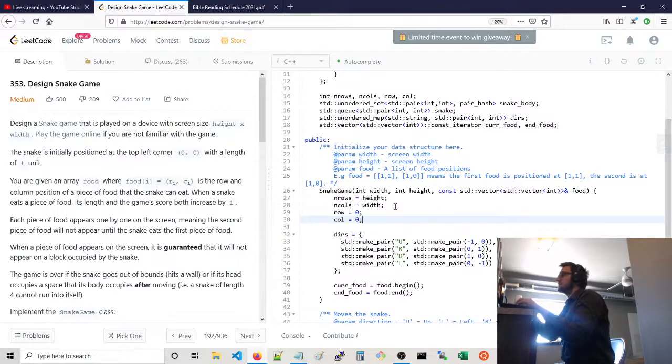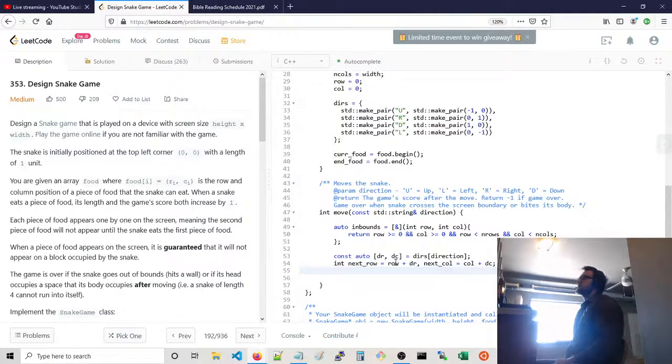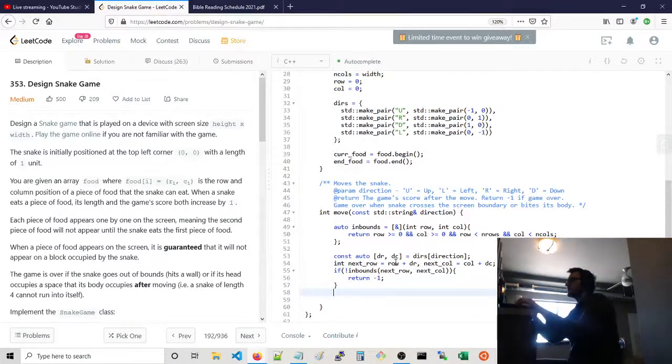So the initial positions, row plus dr. Next column is column plus dc, right? So now we have our next position. We say if not in bounds of next row, next column, then return -1. Otherwise we say